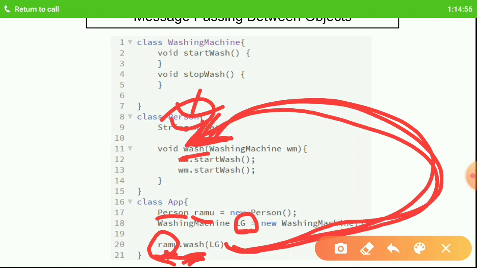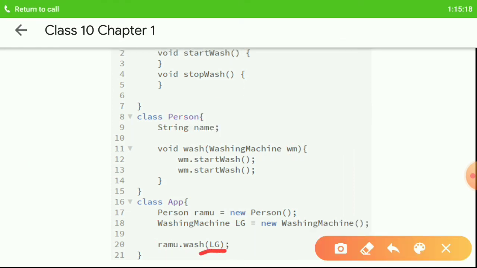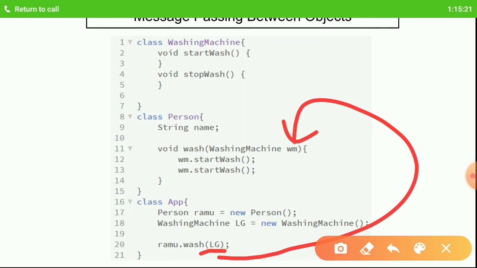So I can pass this object to this wash function, because a washing machine object is required here. See, the type of WM is washing machine and the type of LG is also washing machine. So I'm passing LG to this WM. Now the wash function inside Ramu's wash function has access to the washing machine object.